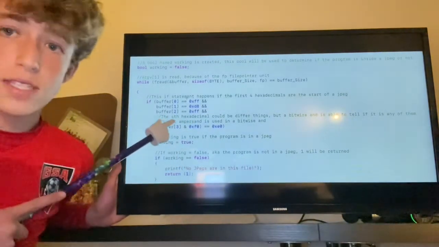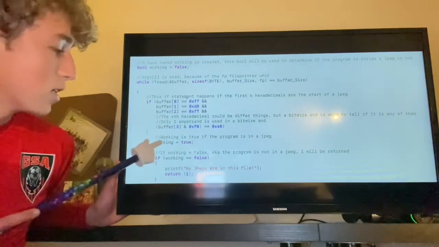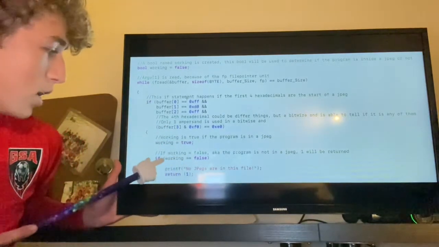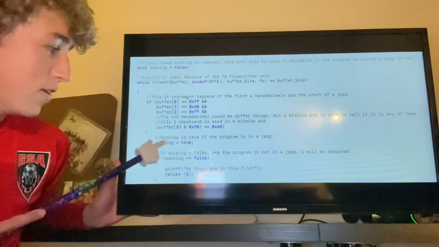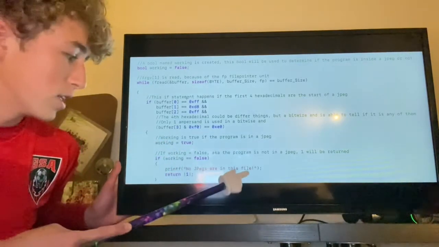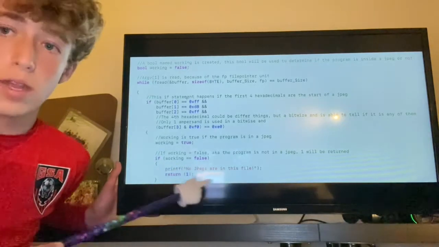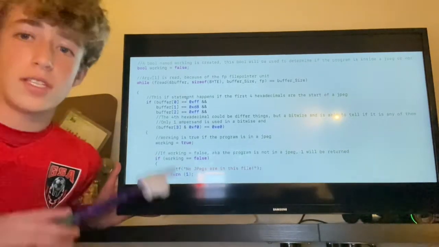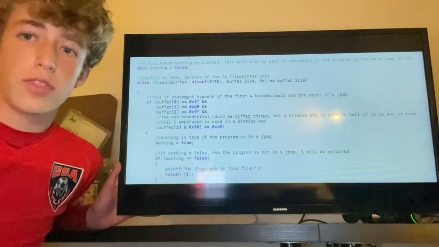So once it's inside the first JPEG, we're going to set working to true because we know that it's in a JPEG. And here we go, if working is false, so if it didn't get to this part, it's going to printf no JPEGs are in this file, and it's going to return 1. We have to have this because if a file just has zeros all the way through,